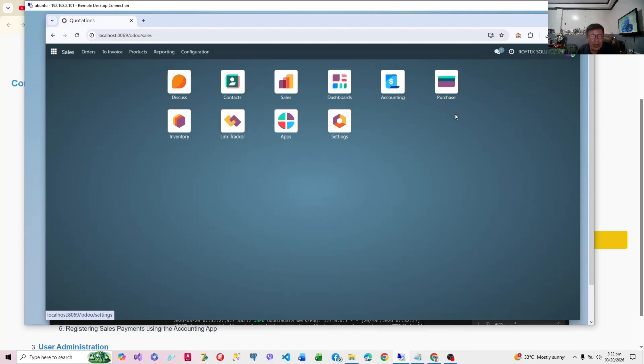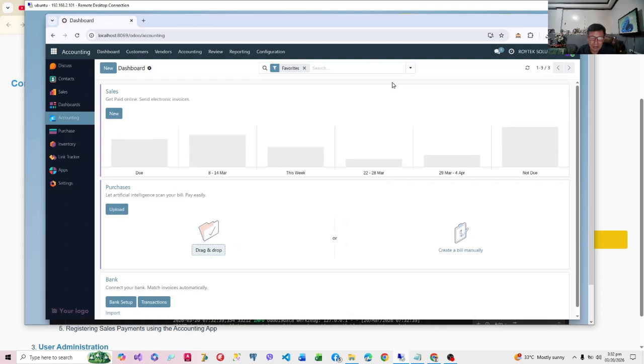And at the same time, we have also installed the very important Odoo accounting kit, which we are going to use later for collecting payments from customers, there's the sales part of the dashboard, and remitting payments to our vendors when we receive inventory from purchase orders. So we are just beginning this, and there will be sequels to this series, no?